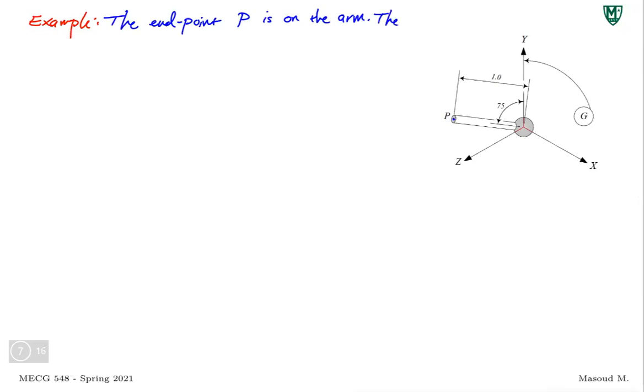The arm rotates minus 29 degrees about x-axis, followed by